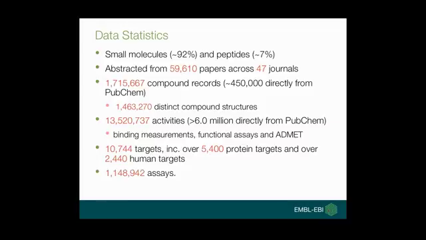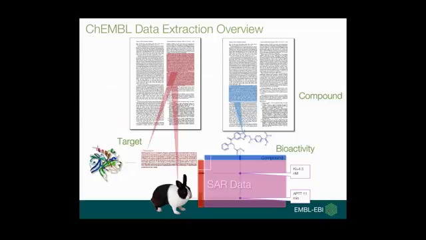And we have just over 1.1 million assays in total stored in ChEMBL. Okay, so just to give you a quick ChEMBL extraction overview, what happens externally to our ChEMBL group is we have curators who will read through the papers. They will take out the target data, they'll take out the organism data, the bioactivity data and the compound data. This then gets sent to us separately, it gets loaded into the system, and it's at this point where we